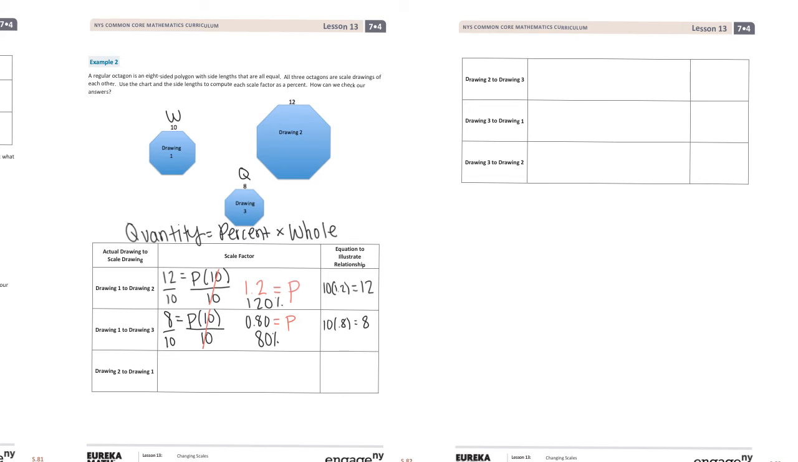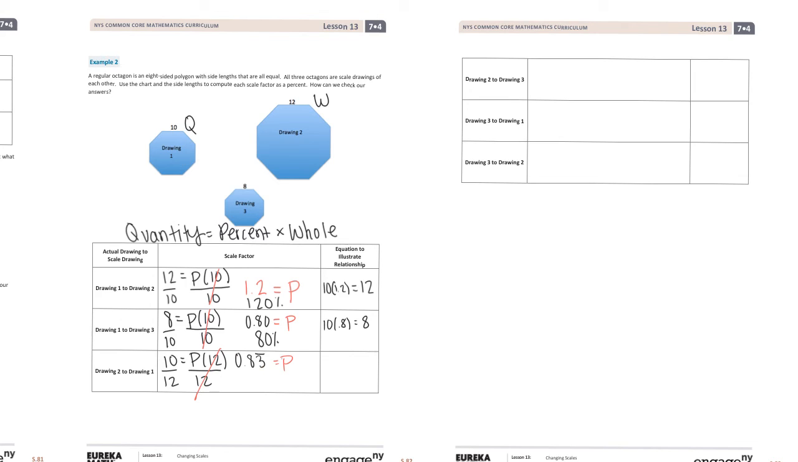All right, let's go from drawing 2 to drawing 1. So drawing 2 now is going to be my whole, and drawing 1 is going to be my quantity. I'm going to have my quantity of 10 equals my percent, which is being represented by the variable p, times my whole, which is going to be 12. So now to get p by itself, I'm going to divide by 12 on both sides. 12 divided by 12 is going to give me 1p. And then I know that 10 divided by 12 is going to get me